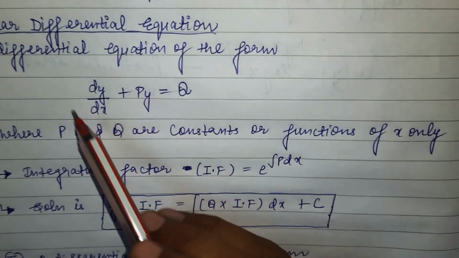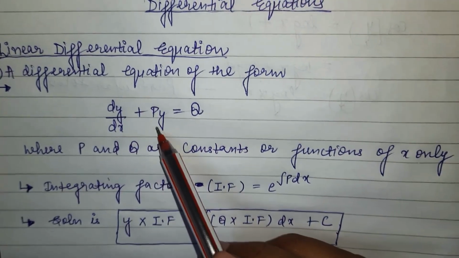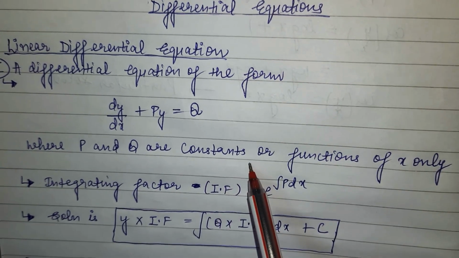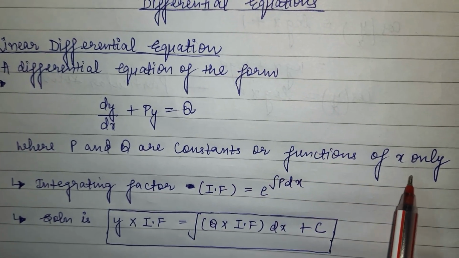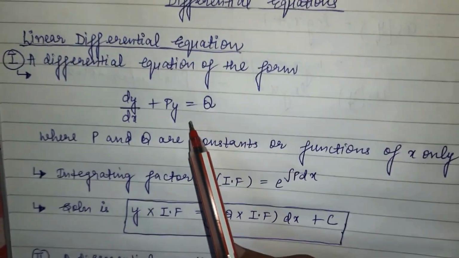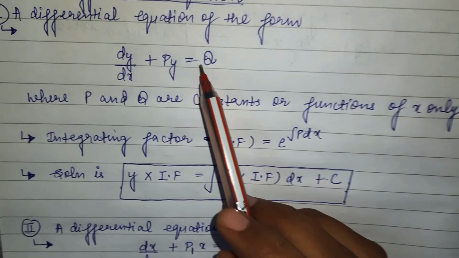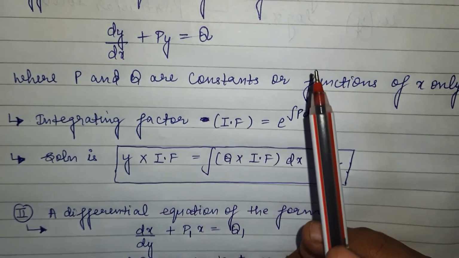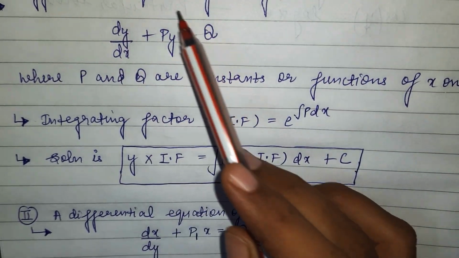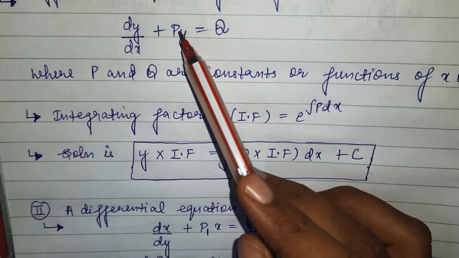First form of linear differential equation is dy by dx plus py equals q, where p and q are constants or functions in terms of x only. So whenever I am getting this kind of form, do remember p and q are functions of x only or the constant term. After this, once I get to know that I have this form, in the next step